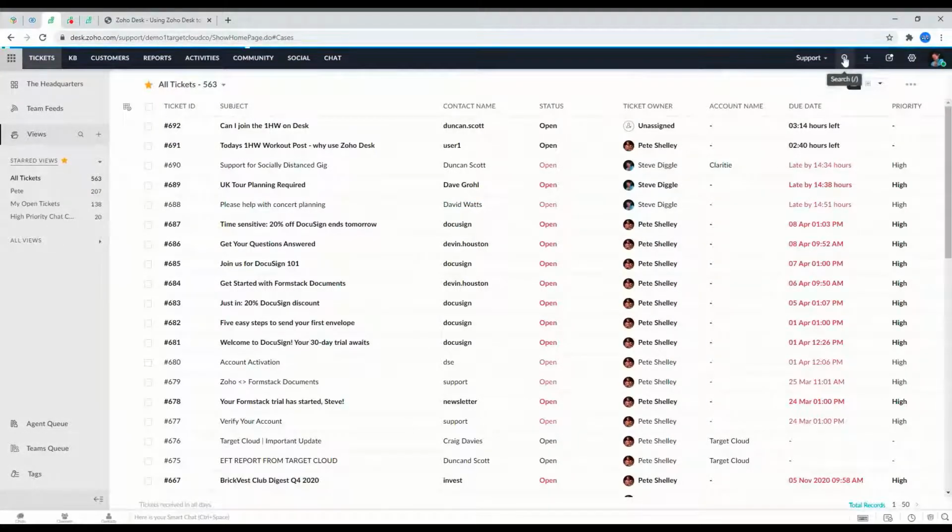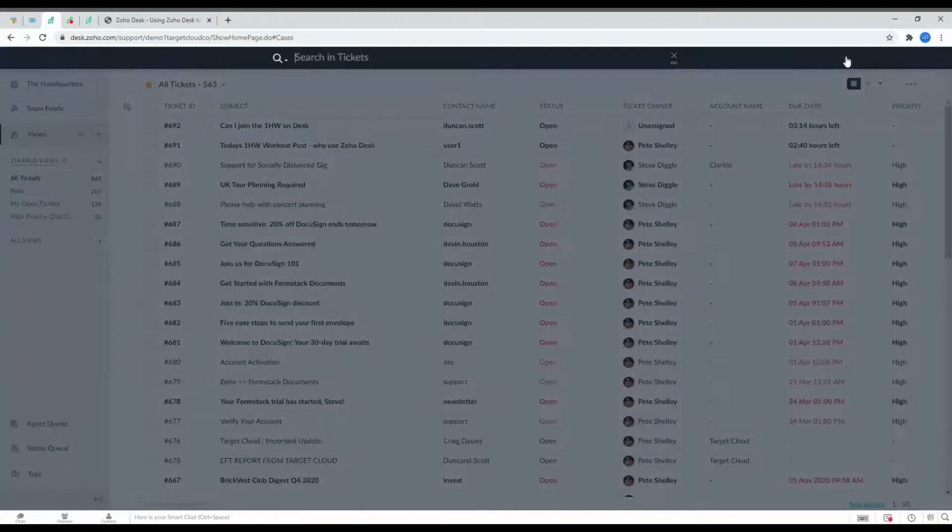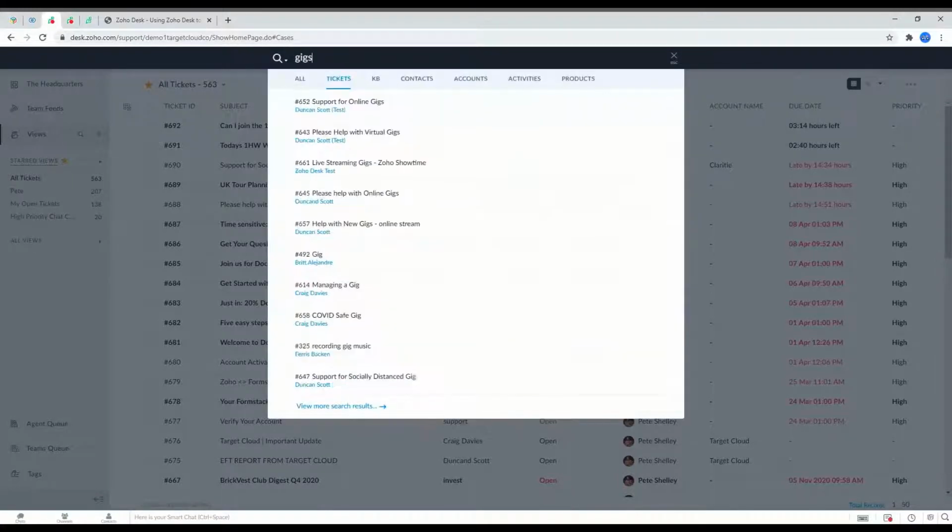Here we've got what we call the search facility. It's the global search. Again, very, very similar to the Zoho CRM search facility. So we can search for tickets in here. So in our imaginary music consultancy, which is this, you can type in keywords and then you'll see the data